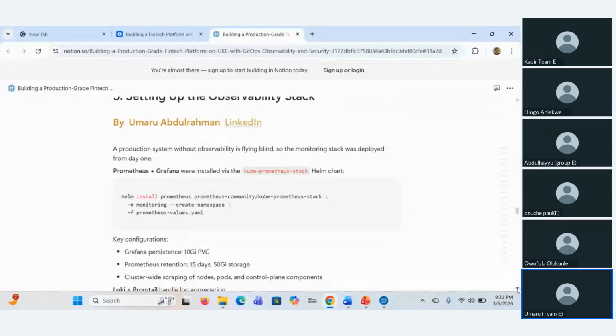Okay, thank you. I'll just quickly run through the observability part which I took. My name is Omar and I worked on the observability part. For the observability we use Prometheus, Promtail, and Loki for the logs, and we use the Grafana dashboard to assess the metrics and the logs.